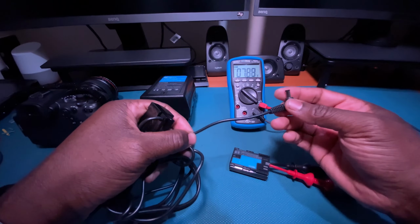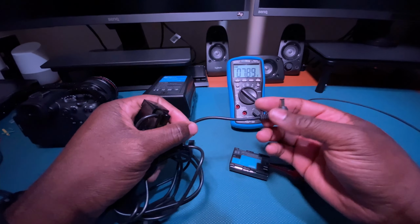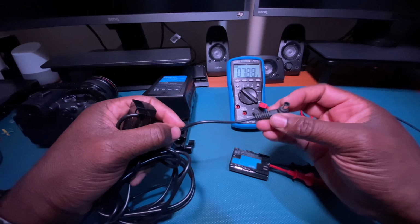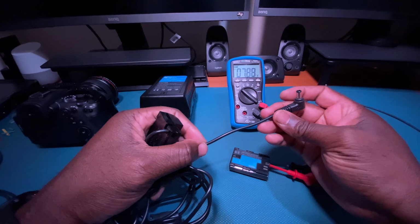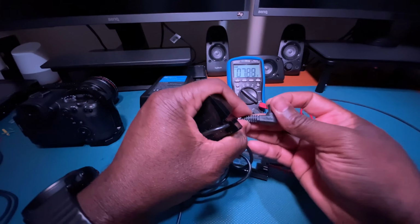V-Lock battery. To do that, I'm going to have to remove this adapter here. The reason being, this is a proprietary adapter, and I haven't been able to find anything that actually suits this particular adapter and allows me to plug to something else. So I'm going to show you how to do it. Before I do start, let me just point out